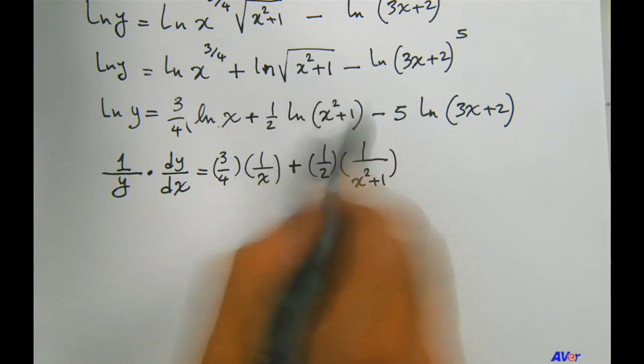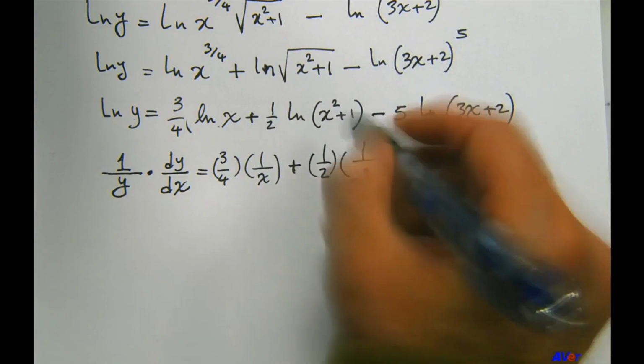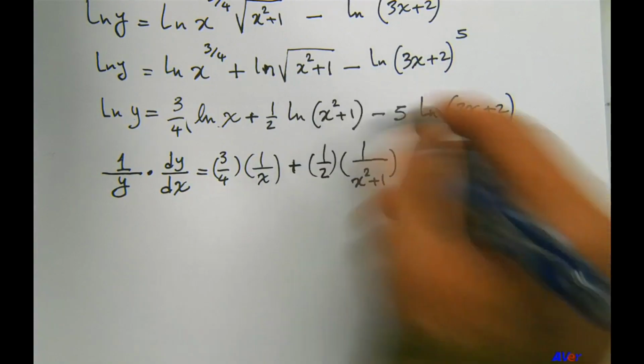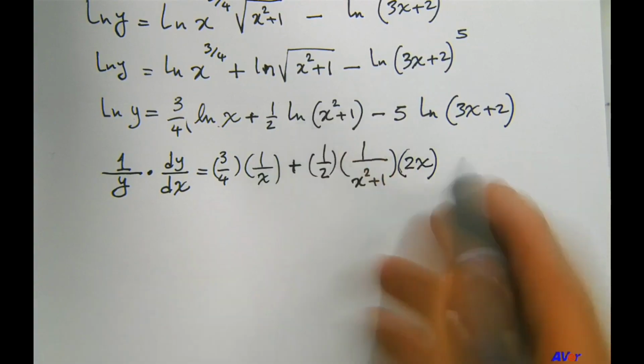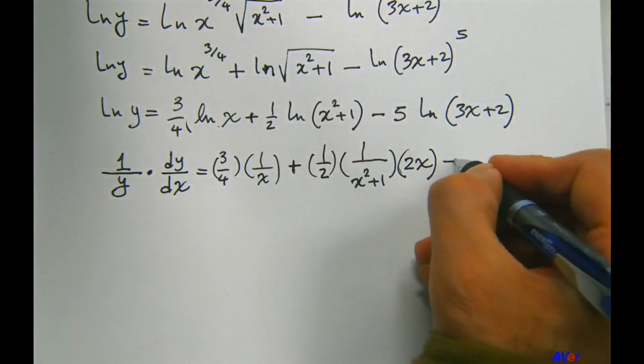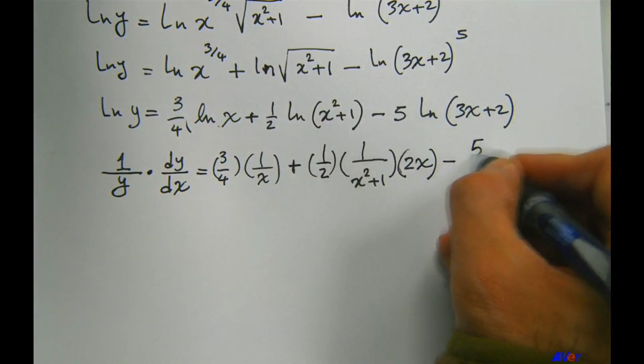Now that expression is a function of x, so we need to use the chain rule. What's the derivative of this inside the parentheses? It's 2x, right? Just 2x minus, now this is again 5